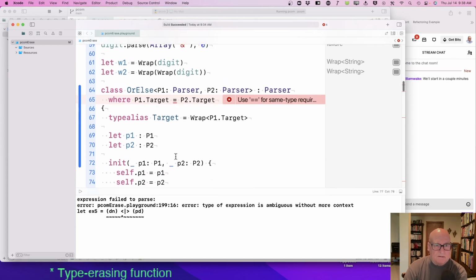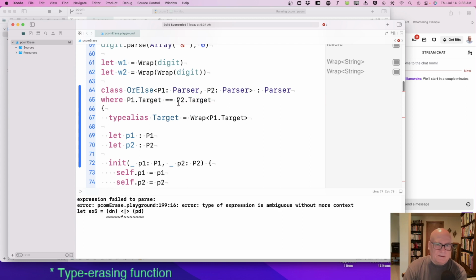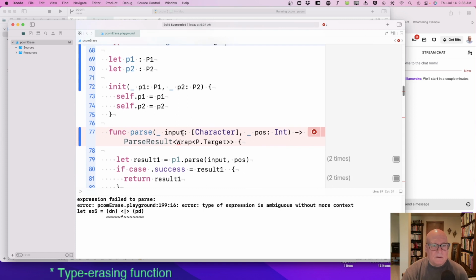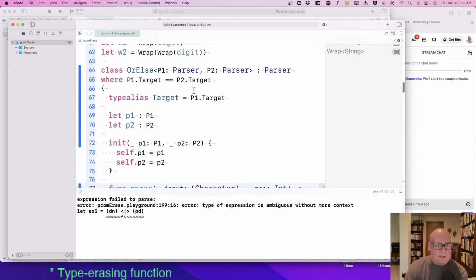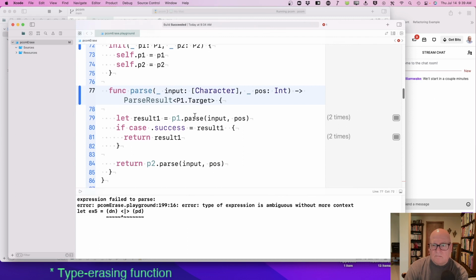Maybe it's a parse result is equals. Okay. P1 dot target, since they're the same target types. Okay. That's okay.